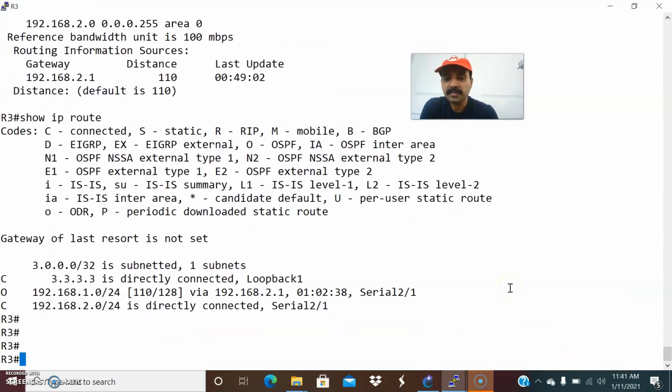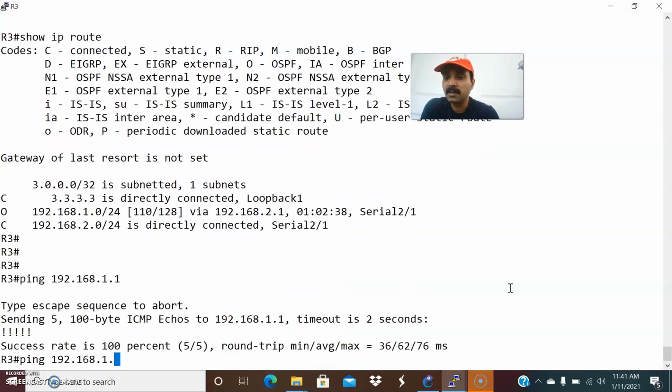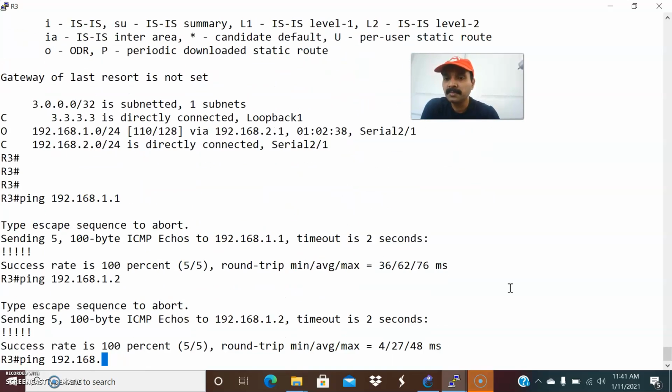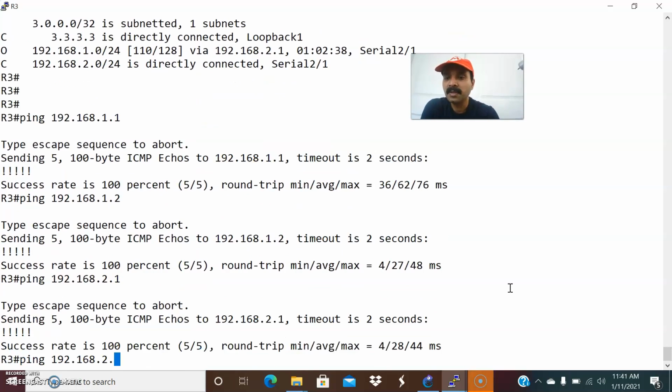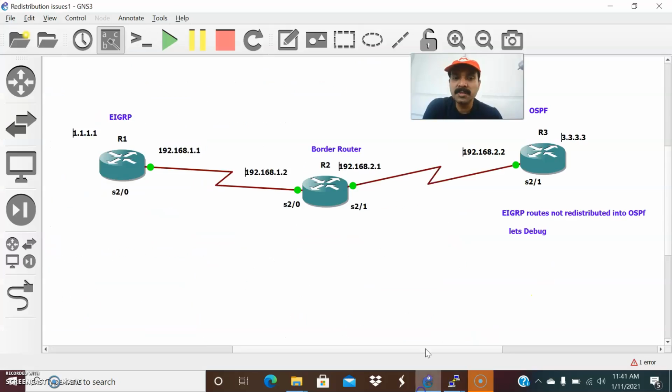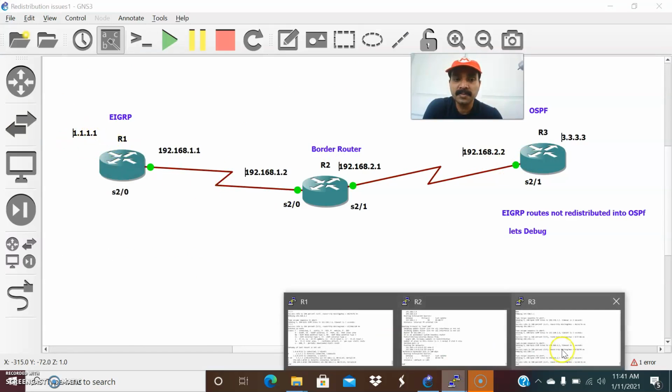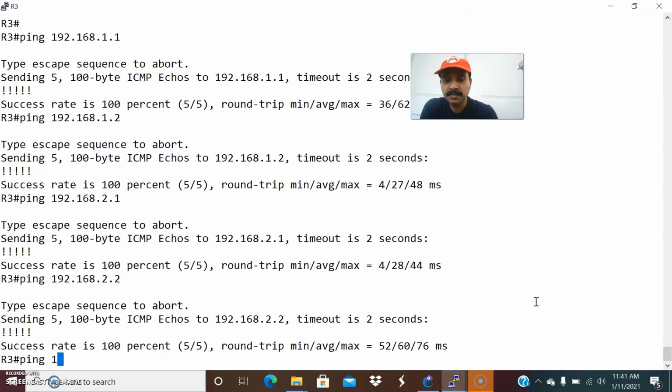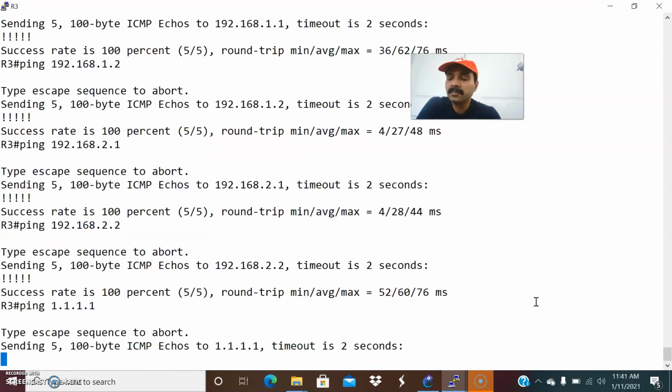Let us see R3 and check the interfaces. 1.1, R1, 2.1 and 2.2. We are able to reach all these interfaces. Let us now check 1.1.1.1.